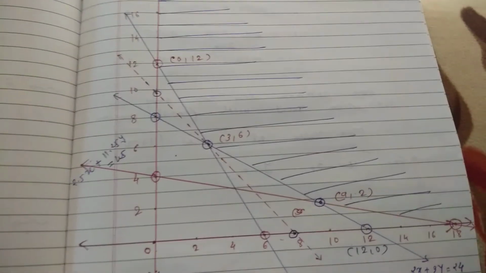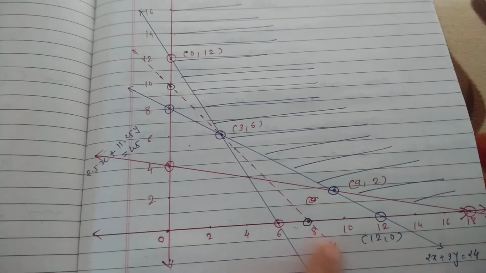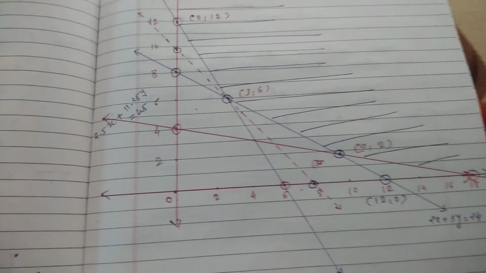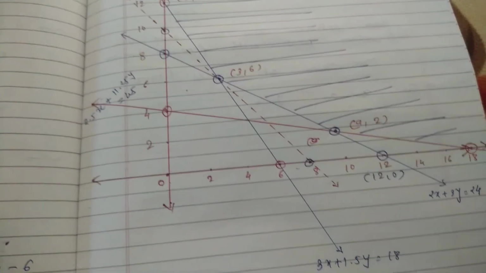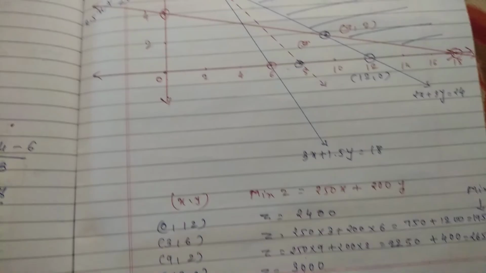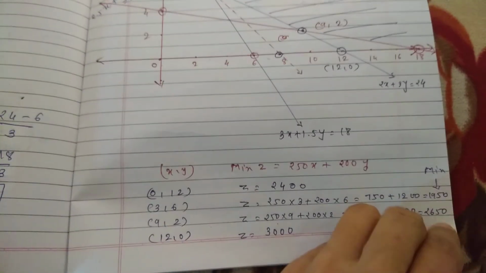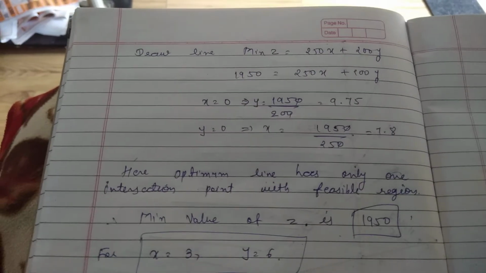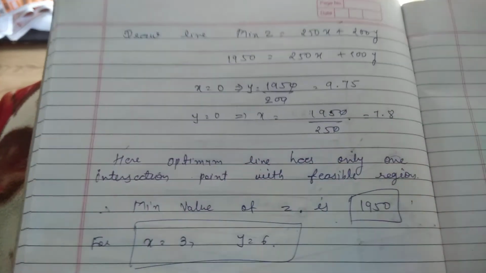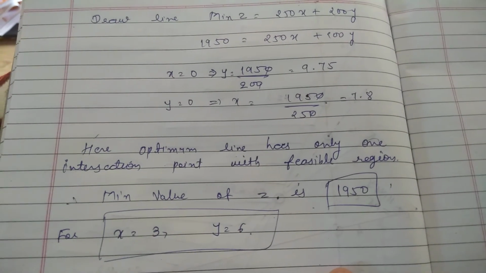So you can see the graph here, and this dotted line indicates the optimal line, and you can see the intersection point. If you get an intersection point, only then do you have a minimum value, otherwise the minimum value does not exist. So here, for x and y, you can find all the values of z, and this is the minimum value. So with this, draw the line for the unbounded region. This is the important part. If you are not writing this, then your marks can be cut.